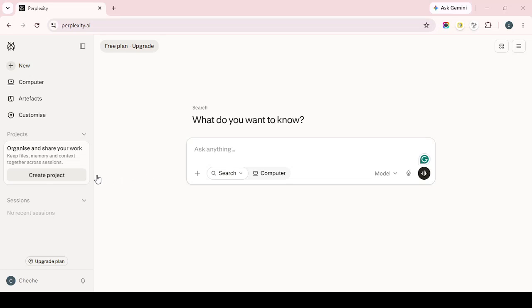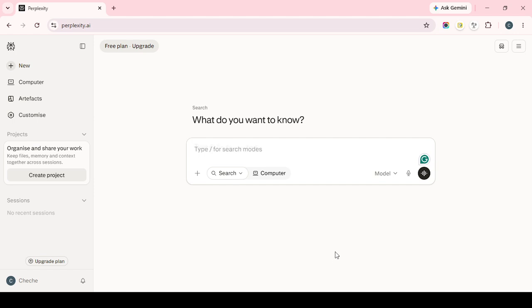In today's video, I'm going to teach you how to change the voice accent and tone in the Perplexity mobile app. If you want the app to sound more natural to you, or you simply prefer a different speaking style, this is a quick setting you can adjust in just a moment. The process is simple, and once you know where to look, it becomes very easy to switch between voice options